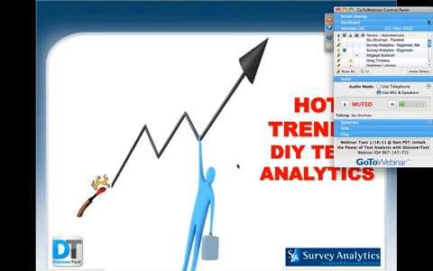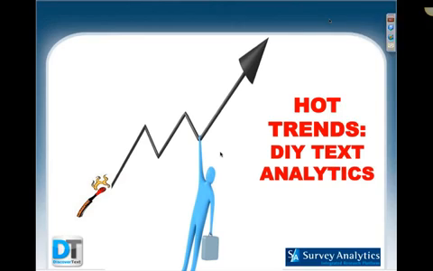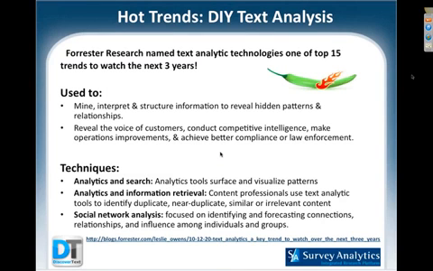Thanks. Okay, sounds great. Before we start with that, I just wanted to talk a little bit more about some of the hot trends that we're seeing with do-it-yourself text analytics. So we found here that Forrester Research named text analytics technologies as one of the top 15 trends to watch in the next 3 years.